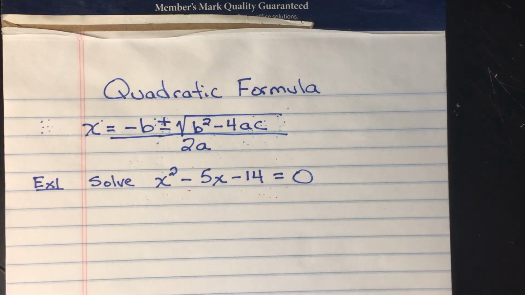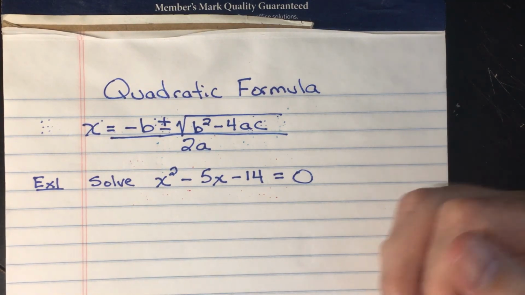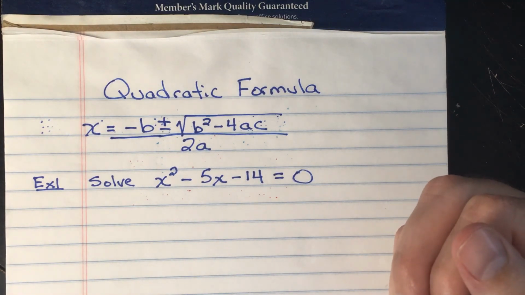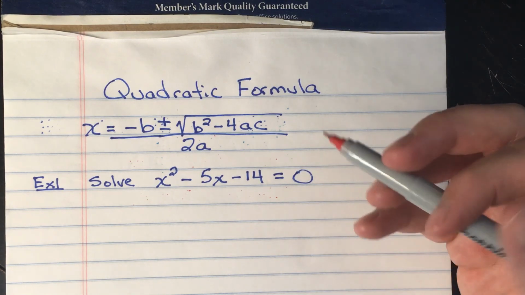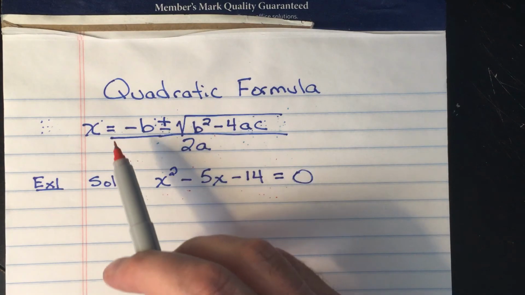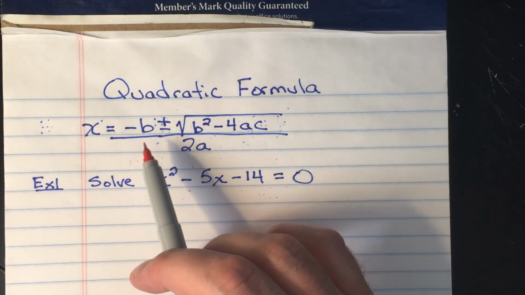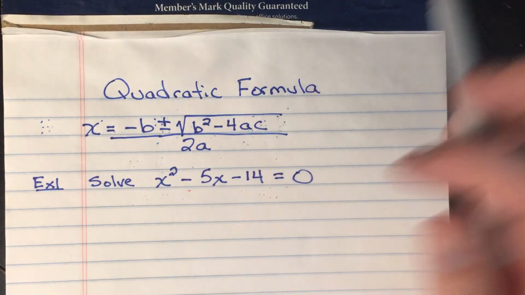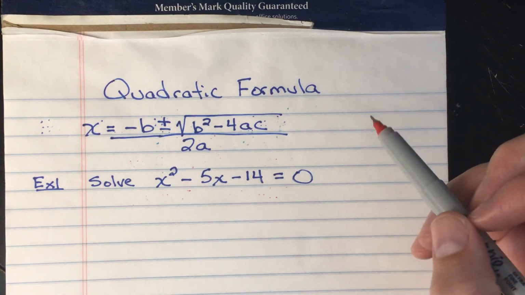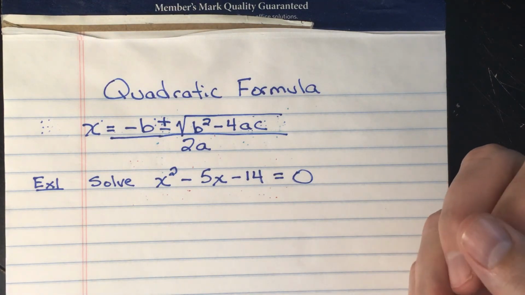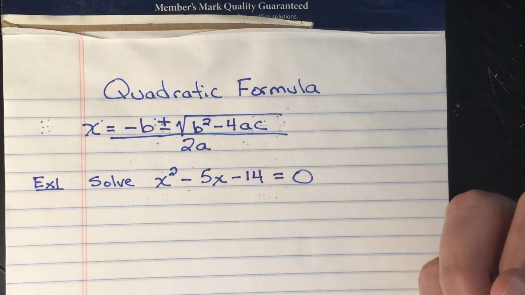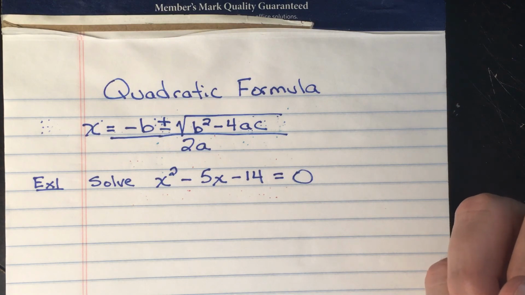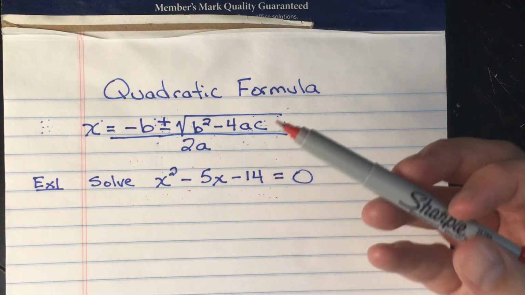Today we are going to take a look at something called the quadratic formula. It can be a little intimidating at first, but I hope that this will work as a good introduction to the quadratic formula. The quadratic formula is shown below. It's x equals negative b plus or minus the square root of b squared minus 4ac, all divided by 2a. The quadratic formula is a way that we can solve any type of quadratic, and so it becomes very, very helpful. We don't have to worry necessarily about factoring or taking square roots if we understand how to use the quadratic